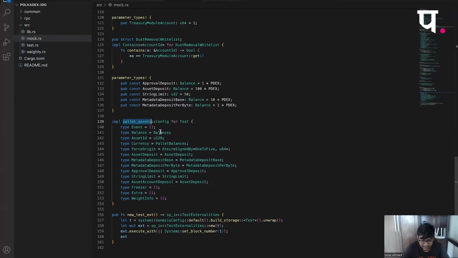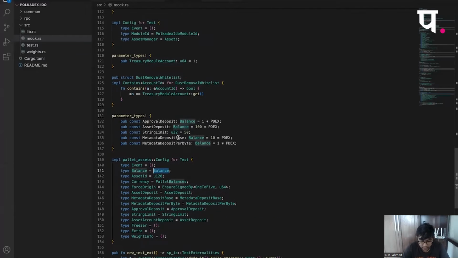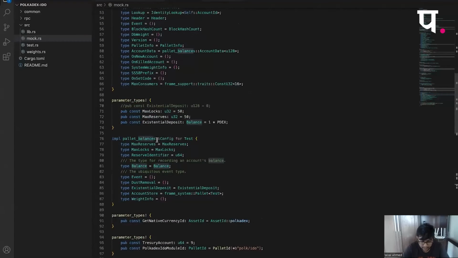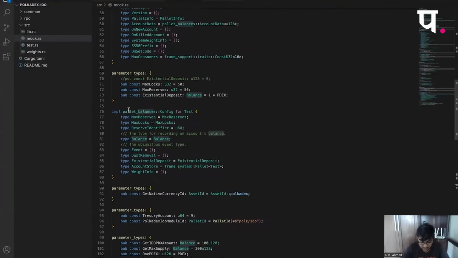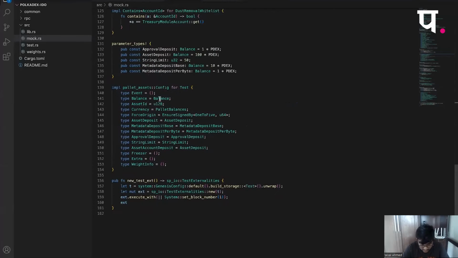And like I mentioned, the assets pallet underlying uses a balances pallet. So this is where it is defining it, which we have defined earlier. Sorry about that, this is just the balances. So this is the pallet balances that we are defining and which assets uses for currency.